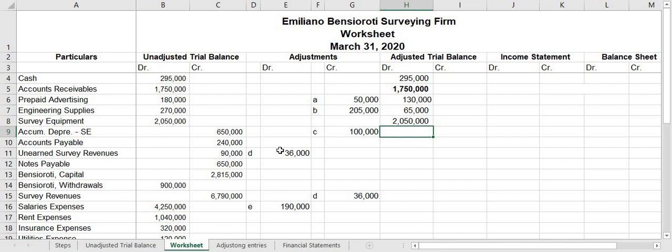Since the normal balance of your accumulated depreciation is credit. Okay? So, makikita natin na meron siyang credit adjustment. Okay? So, since yung accumulated depreciation mo has a normal credit balance, and sa ating adjustment, merong credit adjustment, therefore, it indicates addition to the account. Kaya add mo lang yung balance